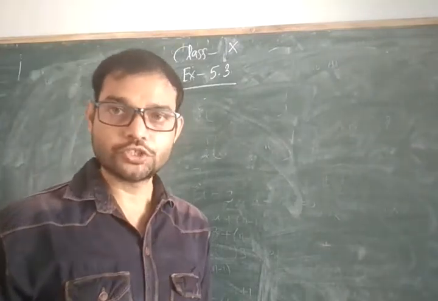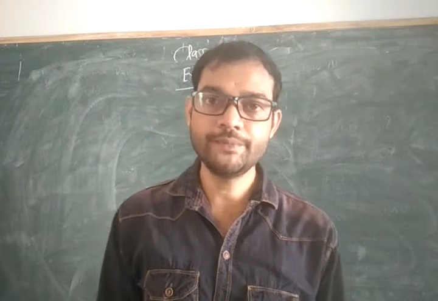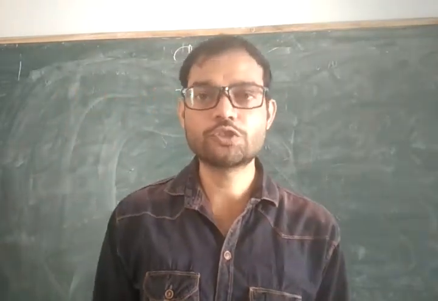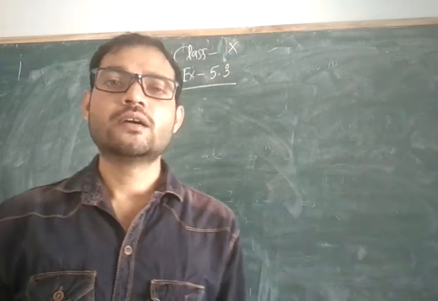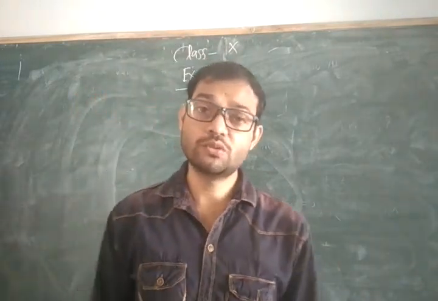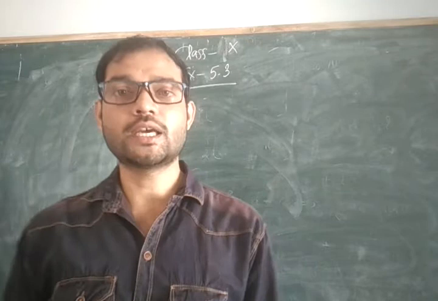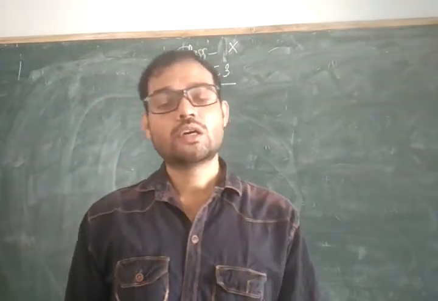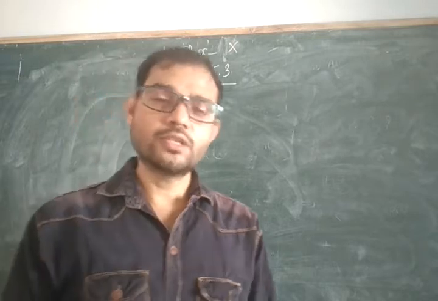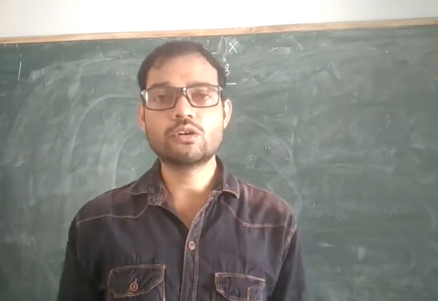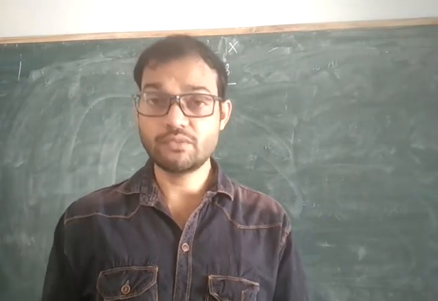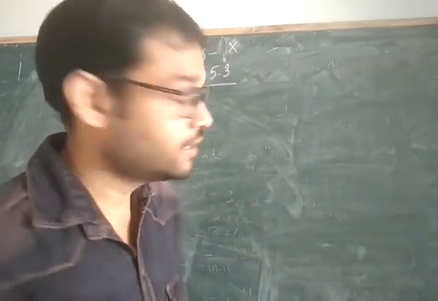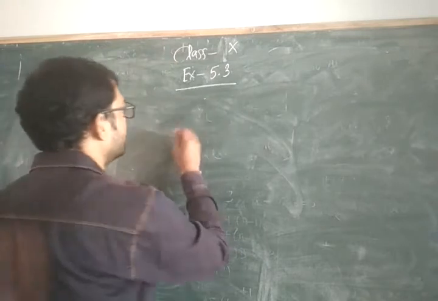In the third question of your exercise 5.3, it is already mentioned in the question that a given होगा, d given हो सकता है, n given हो सकता है, वो आपसे Sn पूछ सकता है, an पूछ सकता है और maybe an given होगा आपको, a given होगा. मतलब ऐसे आपको जो टर्म्स इनमें से कुछ भी आपको given होगा और anything they can ask from you. So for that one, like, start for this one.